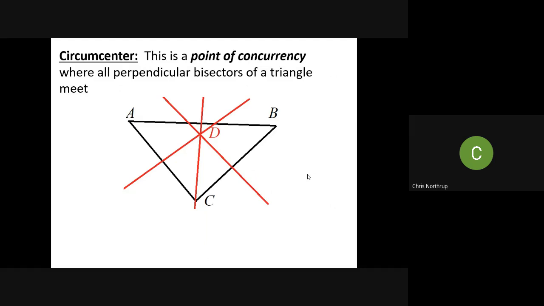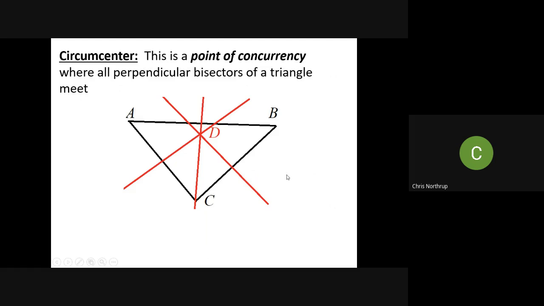The first one is called the circumcenter. Kind of a funny name there. This is the point of concurrency you can find if you draw the perpendicular bisectors of each side of a triangle. So if I found the midpoint of AB and then drew a line through that at a right angle and the midpoint of BC, et cetera, they're all going to meet at this point D, and that's what we